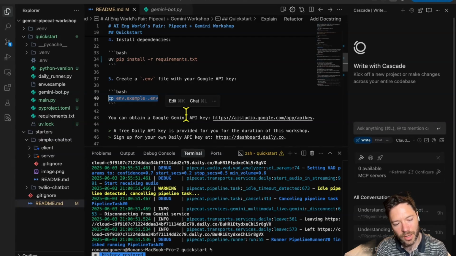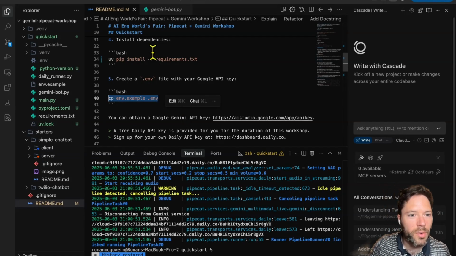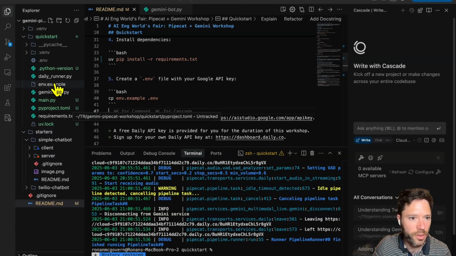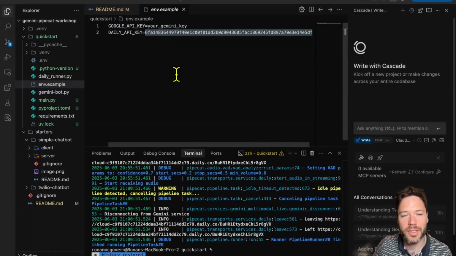Now, why exactly would you use Daily versus do it yourself on your own laptop? Generally, it's going to automate quite a bit of the build that would be involved in doing a production system. If you just want a quick system on your own computer, maybe you would do it locally rather than use Daily. And I hopefully will get more into the design questions around that in a future video. But for now, forgive me for going really fast here. Imagine at this point, you've got your environment variables file, put in your AI Studio key here. You've gone to daily.co and you've put in an API key right here.